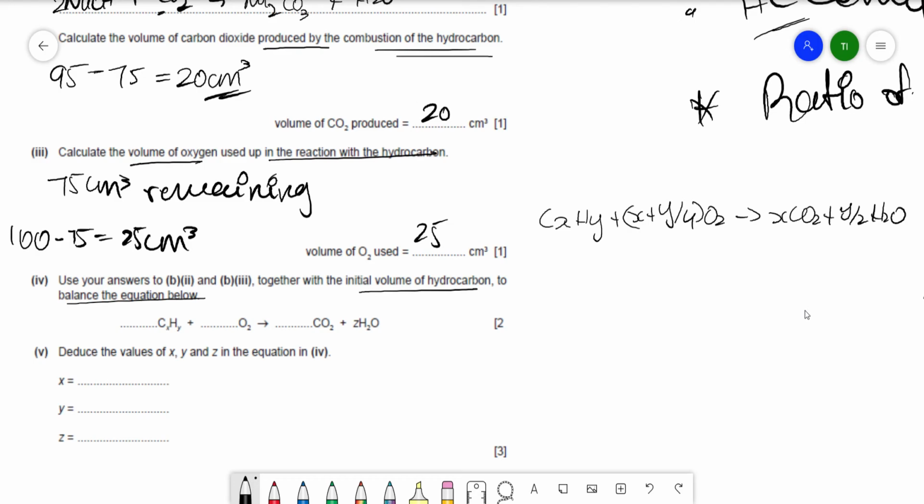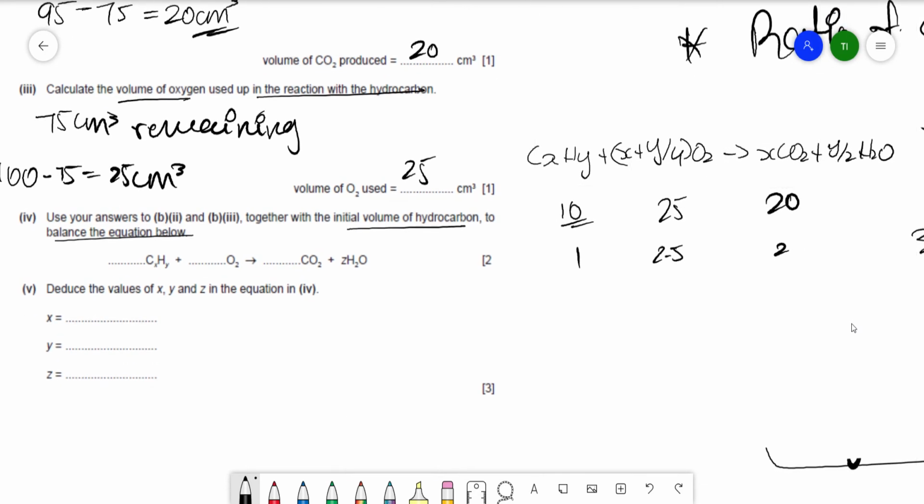So what are the volumes? What is the volume of this? The volume of this is, I believe it was 10, right? And the volume of oxygen that was used up was 25 centimeter cube, and the volume of carbon dioxide given off 20 centimeter cube. So this is the smallest, so the ratio would be 1 is to 2.5 is to 2. We don't need a ratio for water for this question, I assume. So when you do that, you see that x equals 2, therefore y would equal, so that's 2.5 minus 2, 0.5 times 4, that's 2 as well, right? So y would equal 2, x would equal 2, and therefore the equation would be